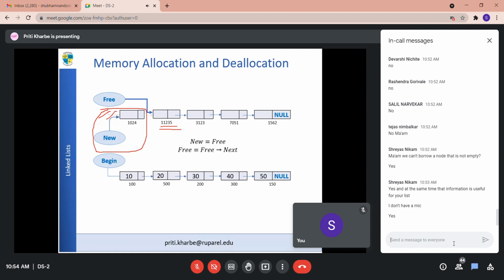But whenever you have some node whose information is no more required, that means you are going to delete that particular node from the linked list, right? Why will you keep something which is not required in your list, isn't it? Only useful information we are always keeping in the file, right? Whatever data is not required, we are deleting it. And whenever you are deleting an element from the linked list, okay, it is returned to the free storage list. ऐसे ही कहीं पे भी नहीं जाके पड़ेगा, you have to return it to the free storage list. Followed?